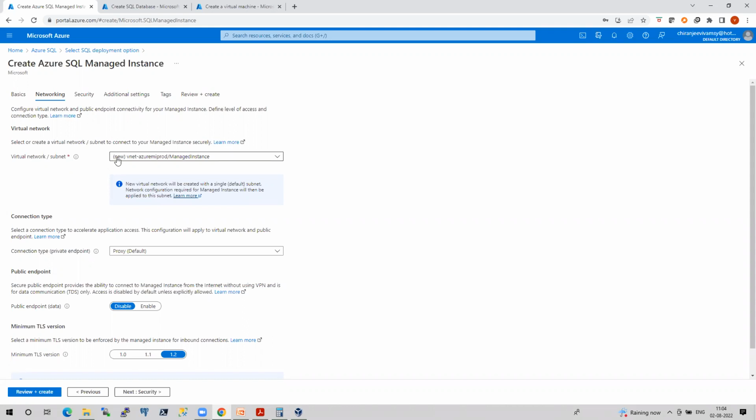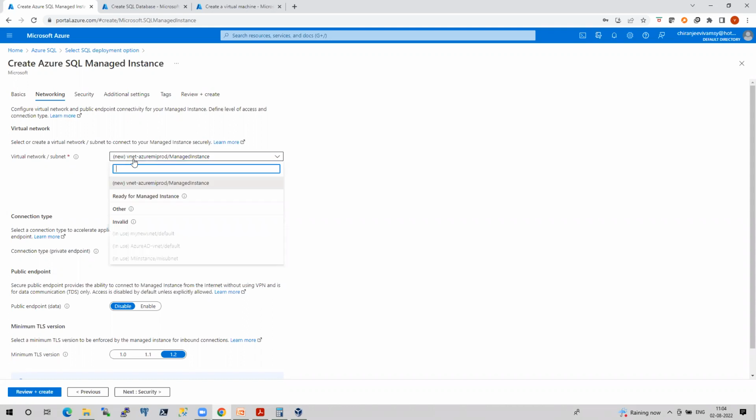Here I'm choosing new virtual network. So obviously it will create a new virtual network for me and a subnet and everything. But if I drop down this, you see here, it is saying it is already in use for some virtual networks by name Azure AD and MI instance and MI new VNet. So it is not allowing me to choose those existing virtual networks. It is only helping me to create a new virtual network along with the subnet. So my question is, what if I want to make use of existing virtual networks? Would it be possible? That is the first question that should come to our mind, right? Already available.